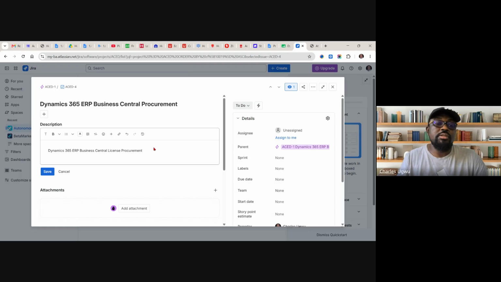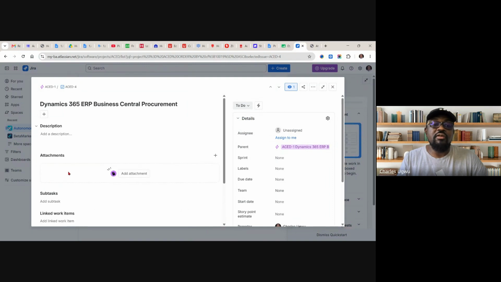License procurement. And yes, this is a task, so it doesn't have an acceptance criteria. So if you come here, once you describe what this means, you save. So come over here again, you see here